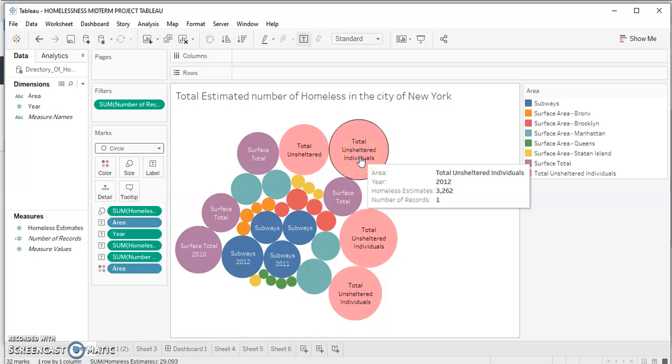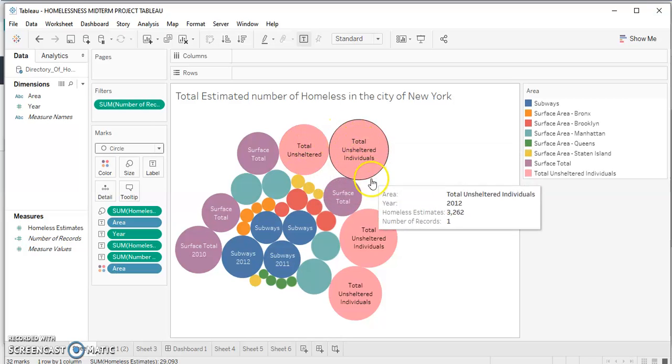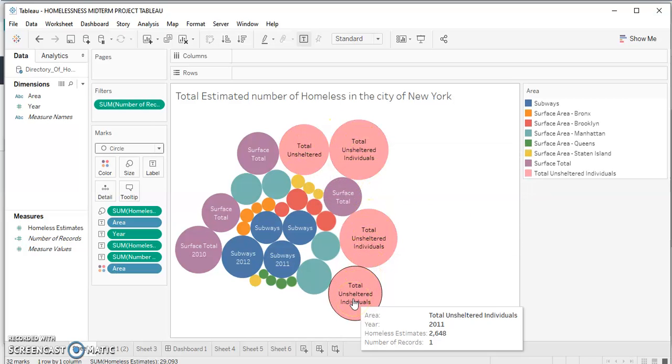So that number there is showing the total unsheltered individuals. Now this is talking about the whole New York City. The total number of unsheltered individuals for the year 2012 is 3,262. So all the bubbles that are colored pink are showing the total unsheltered individuals for the year